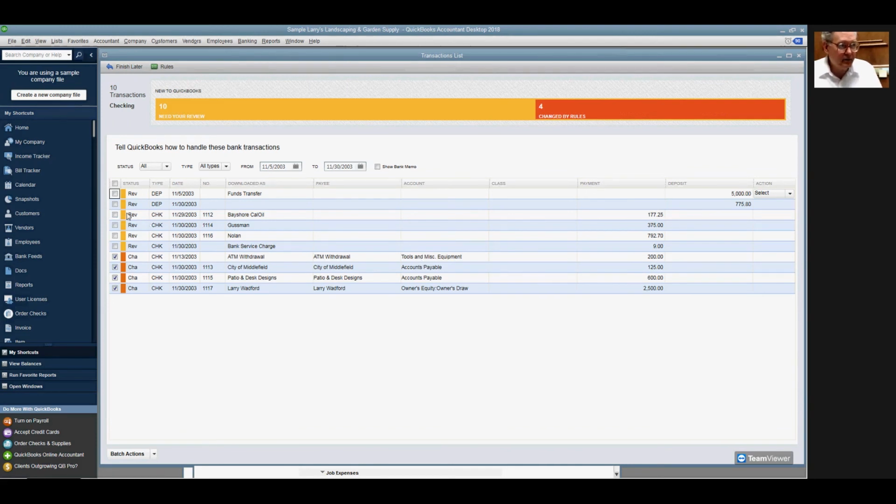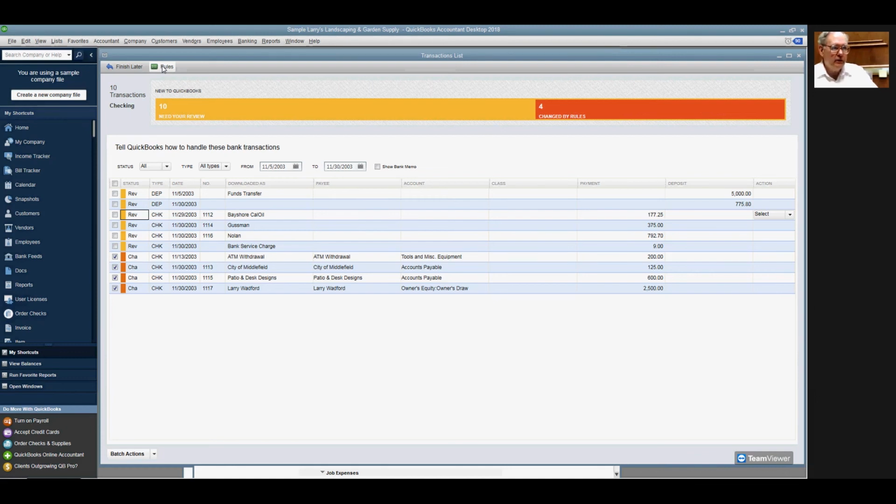So let's take a look at, for example, Bayshore Oil. And what we would do here, when this is highlighted, and it's not fully activated, but when it's highlighted, right now it doesn't know where to put it, does it? It doesn't know Bayshore Oil belongs in utilities under this account. So I can actually set what is called, and it's a funny word, a rule. And what the rule means is it's just a